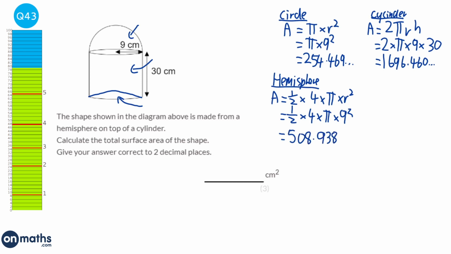508.938. And so the final thing is to work out the total area, so total surface area, and we're just going to add up all these numbers together. So we add up the 254.469, the 1696.460 blah blah blah, and the 508.938 blah blah blah blah blah, and we get